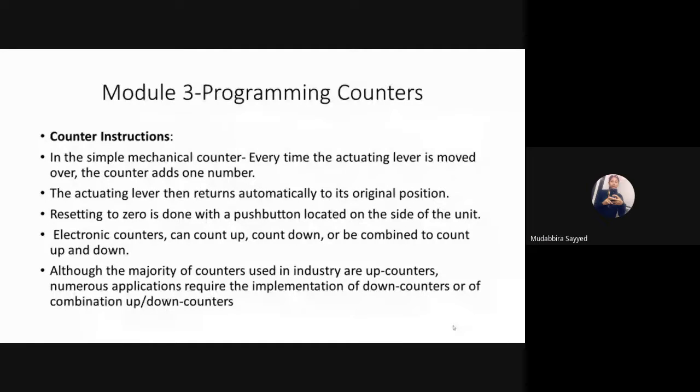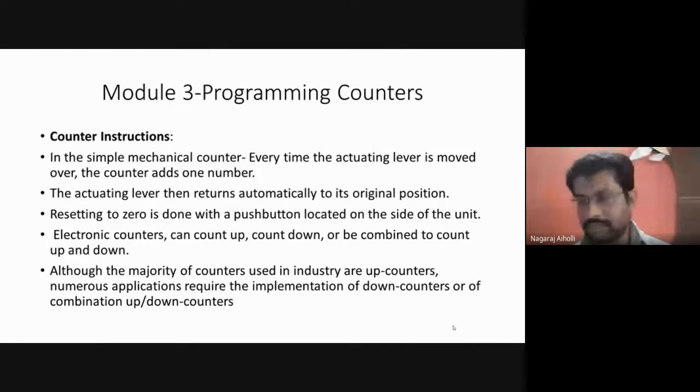Yes, sir. Okay. We are going to start with module 3 today, and module 3 is on counters, programming the counters. In the previous classes, we have gone through various topics on timers, and we have also defined what is a timer, right? The counter is same as that of a timer. The main difference between timer and counter is that the timer counts up every time when the clock signal is applied. When the clock signal is applied, the timer will count.